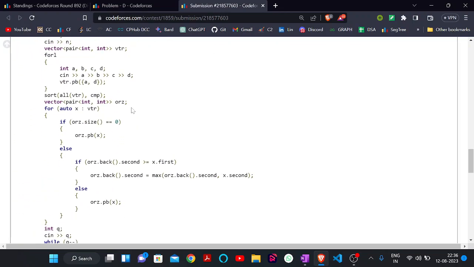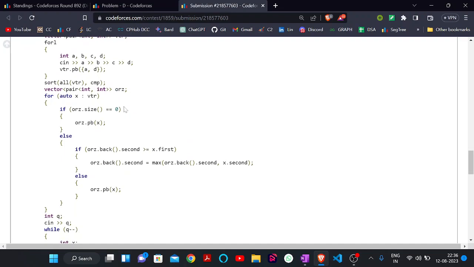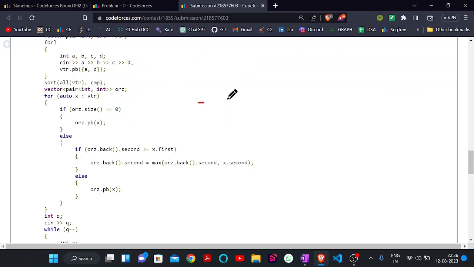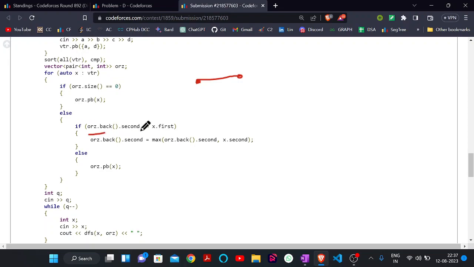After that, I'm making the original vector. What is that? That is containing the non-overlapping segments. So it says that if the size of our original vector is 0, then insert the segment. That means that if we have not inserted any segment yet, then insert one segment, right? Then, if the second value of the last segment of our original vector, that means the ri value of that last segment, is more than or equal to the current segment's first value,